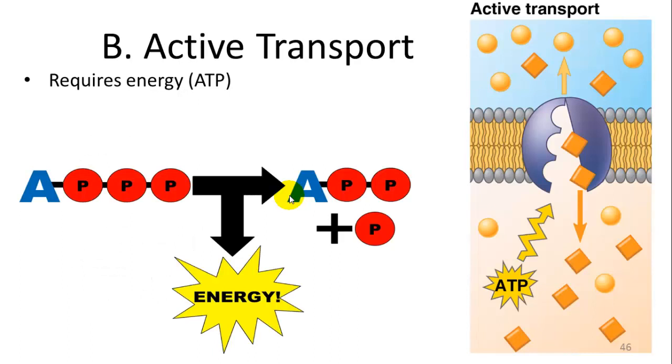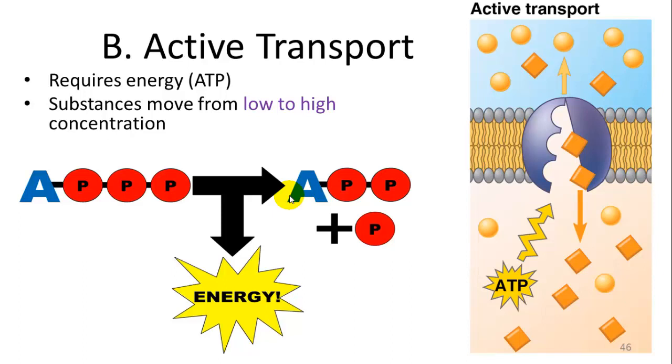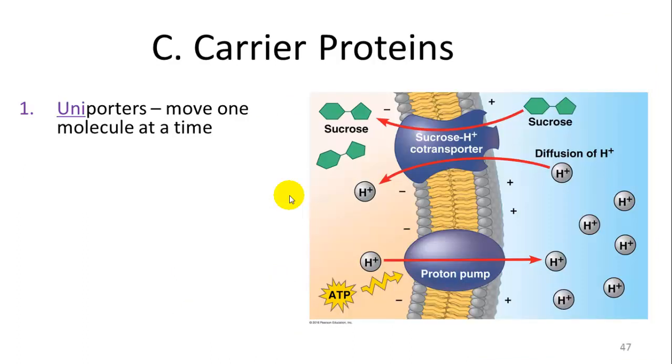All right, the second half then is active transport, which requires ATP, and it requires ATP because it's against the natural flow. In this, we're going to build a concentration. We're going to add more of a substance to an area that already has more of the substance, moving from low to high concentration. This requires selective carrier proteins and, of course, ATP.